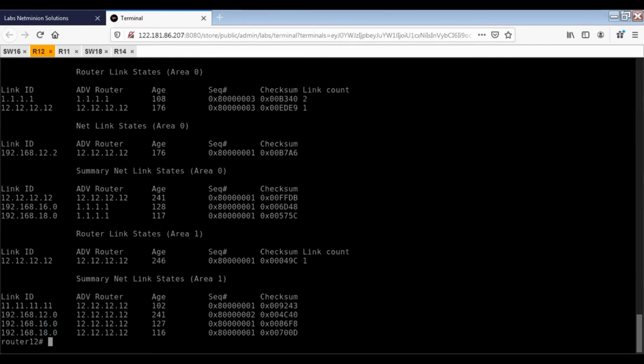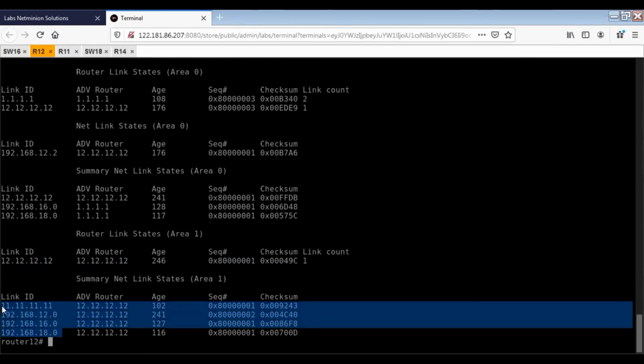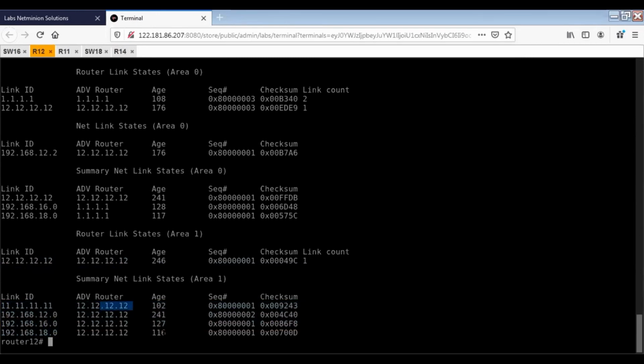And now we move on to area 1. If you remember, we have given 12.12 in area 1. There is a link ID of area 1, and the advertising router is the local router. In area 1 we got all these routes, and the advertising router is the local router.